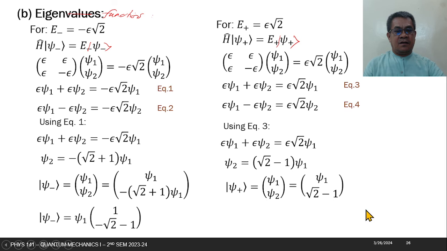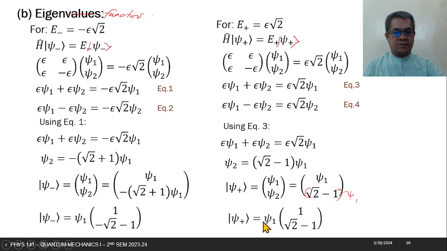Okay, sorry, we have here psi 1. This should be the quantity psi 1. Then take the common out of the expression, and we have this result. Any of these two again represents the psi for the positive value of energy. So these are the two eigenfunctions, but take note, this is not yet the answer, because the question says